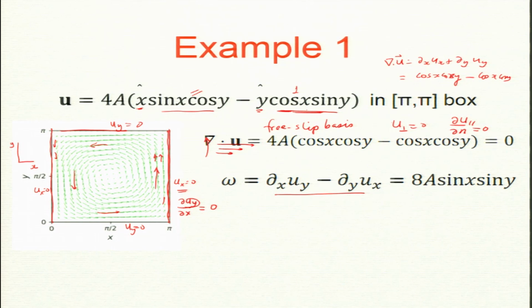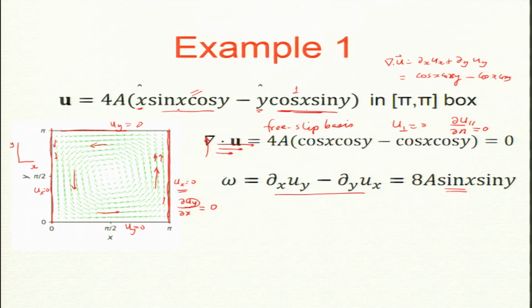Is it 0? No. So, uy, if I take the derivative of this with x, we will get minus cos x, cos will give you plus sin x here, and if I take the derivative of this, that with y will be minus. So, minus minus becomes plus. So, it is 8a sin x. Okay. So, both give you a plus contribution. Minus minus becomes plus. Okay.